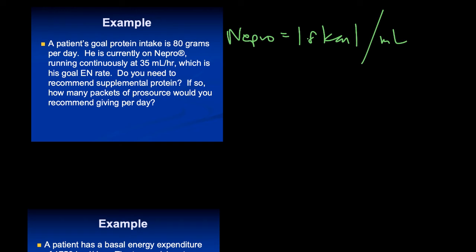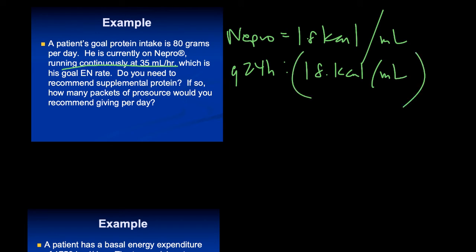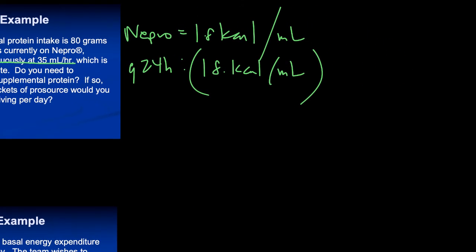Let's see. So total. You know that every day, running continuous at 35 mils per hour, he gets 1.8 kcals per mil. How many calories does he get from Nepro per day? So he's on 35 mils per hour. So 1.8 kcal per mil times 35 mil per hour